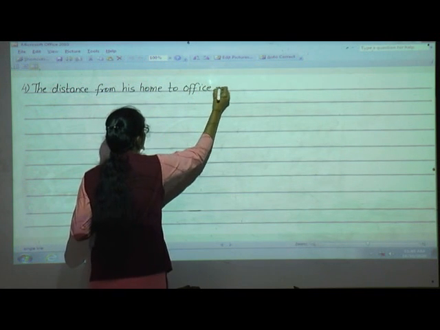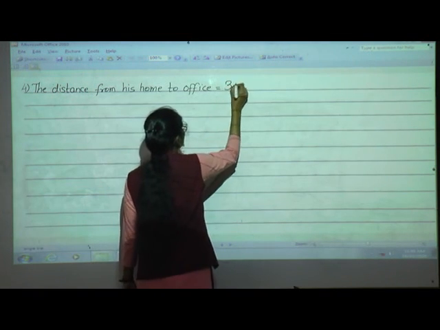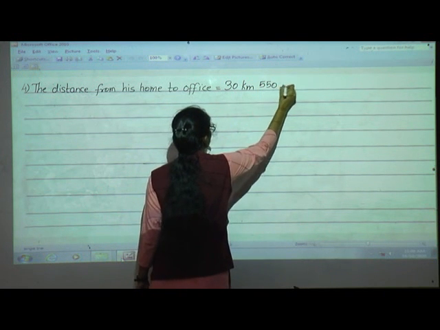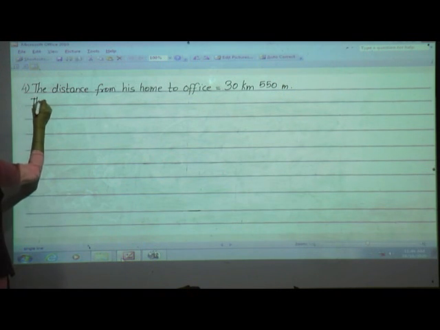What was the distance? Yes, how many kilometers? 30 km 550 meter. So write here 30 km 550 meter. Then from his office to the market, the distance from his office to the market